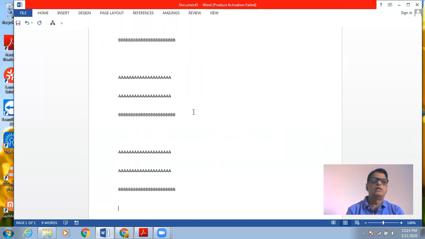So friends, this is a very useful utility provided in Microsoft Word. And if you need to perform some set of actions repeatedly, then you can always make use of this macro utility provided in Microsoft Word.